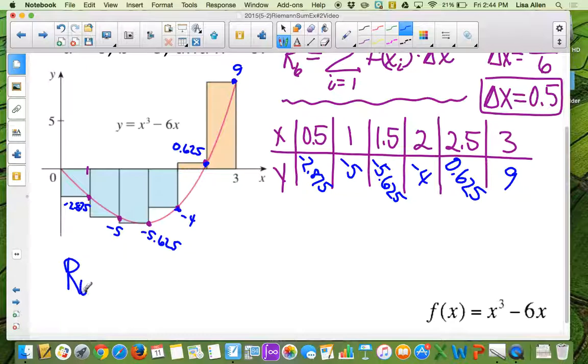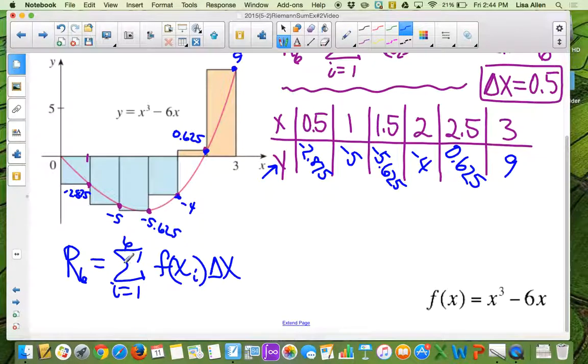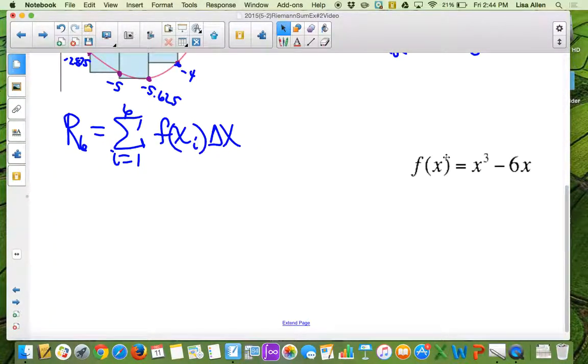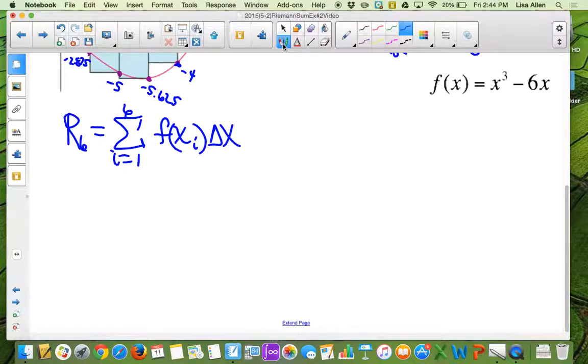So R6 is equal to the summation of all the f of x sub i's, and that's these guys, f of x sub i's times delta x, which is the same, from i equal to 1 to 6. So we're going to start listing them, remembering that the function is x cubed minus 6x. So R6 then is equal to,